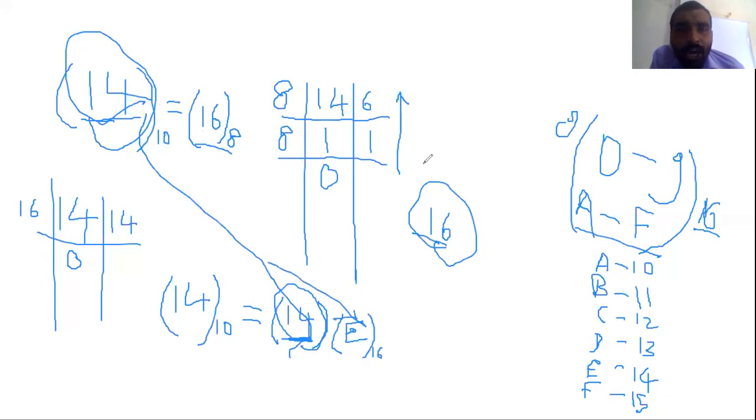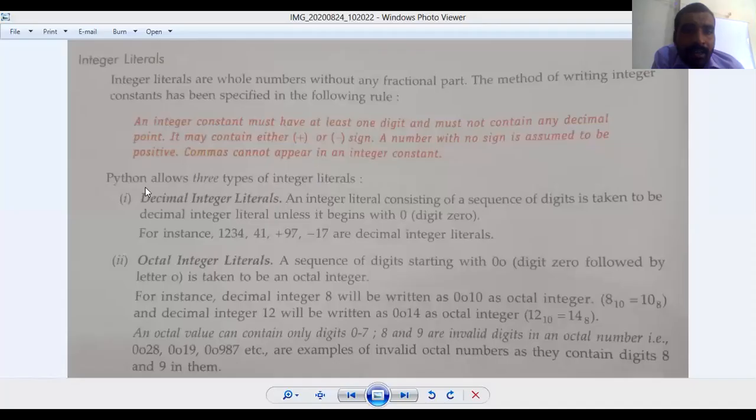Okay. Now I'm going to stop sharing this. I'm sharing the topic screen with you. Now you can see here decimal integer. If you have taken 12, then 12 as an integer literal can be written as 014, which means 14 in octal.